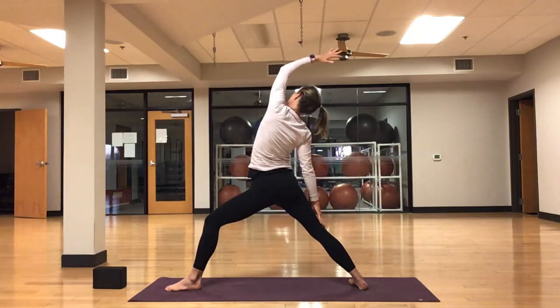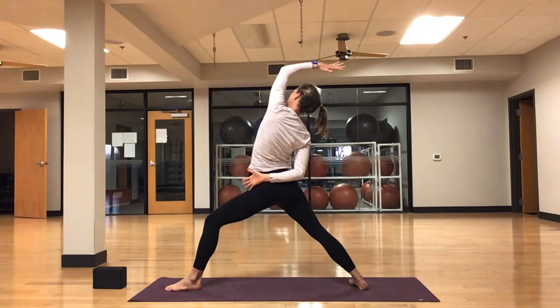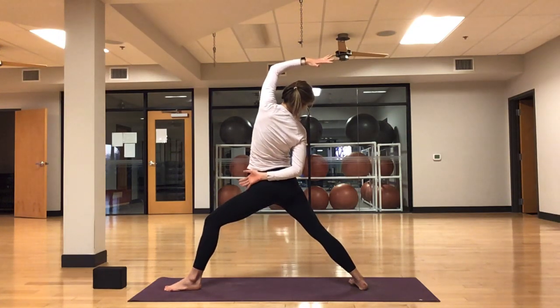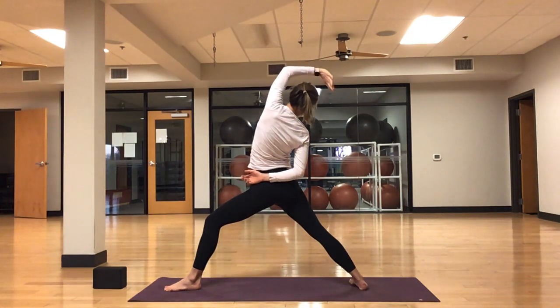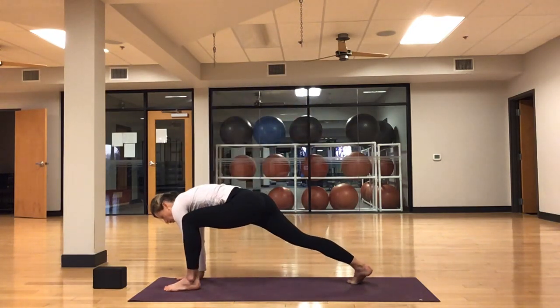Exhale, reverse. Again, lie in your back right hand, or you have the option to wrap your hand behind the back. Another option is to take your chin towards your right shoulder, stretching through the scalene muscle in your neck. Root down through your feet and lift through your kneecap, your right kneecap, to keep your legs strong. One more inhale here. Good, and then exhale, float your hands to frame or to go inside of your left